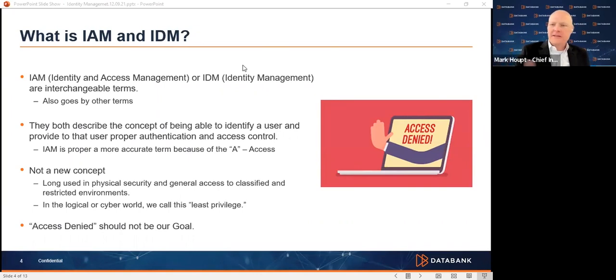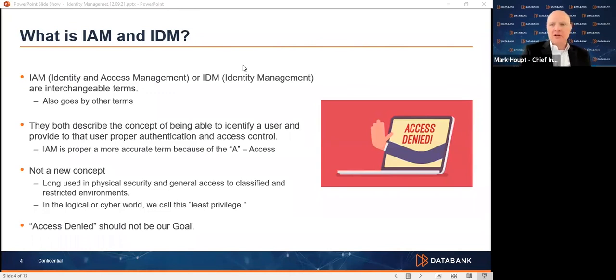Armies and entities and organizations have been doing identity management in some way, shape, or form for literally hundreds, if not thousands of years. So what's going on in the industry right now is that we're calling this basic function by multiple different names, and we're applying different marketing labels and different terms to it that are confusing the scenario.